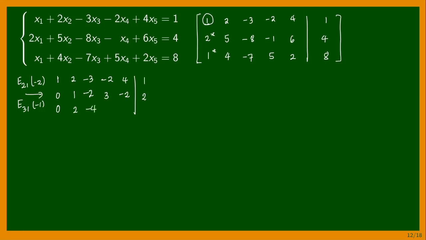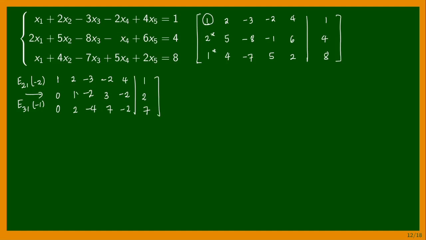Next. What's next? 5 minus negative 2 is 7, I think. Is that a 7? Then 2 minus 4 is negative 2. 8 minus 1 is 7. I hope this is correct. Next,